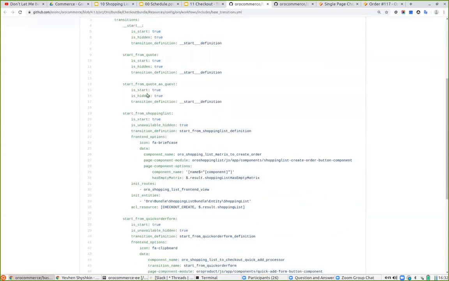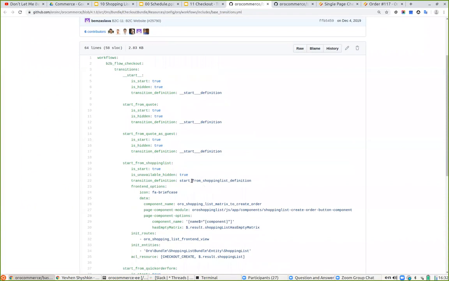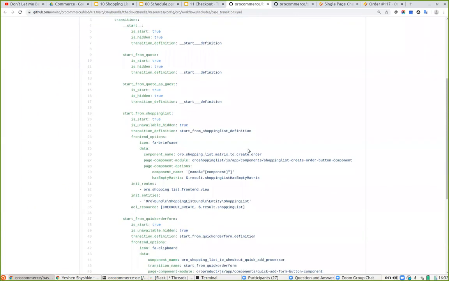We have other start transitions though, which have their own definitions, but still in the very end, they will also trigger the same start transition. But let's start from the definition of the transitions here. So it's marked as start true, special option, it's a variable if hidden, it's true. Addition definition, which defines what things we're going to do in scope of this transition, and a special front-end options